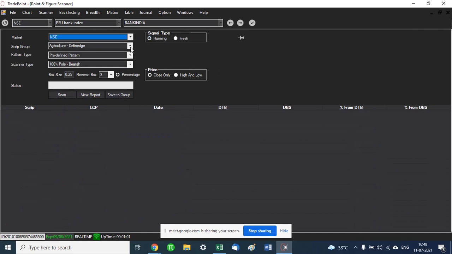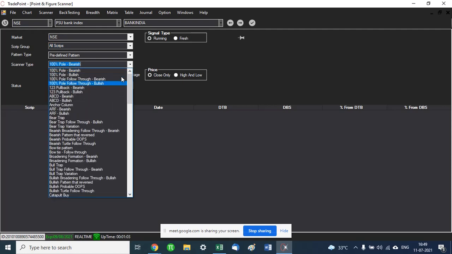We click on that. Supposing we do all scripts. It has defined a lot of predefined patterns for us, which we can scan for. So basically, we don't need to check manually for each chart. Like generally, when you're doing candlesticks, what happens? We have to check for each chart what the stock is doing, how it's looking. Here, because the system of trading in point and figure is so objective, they have objectively defined various patterns which you can just scan for at the end of the day to know which stocks are in that pattern.